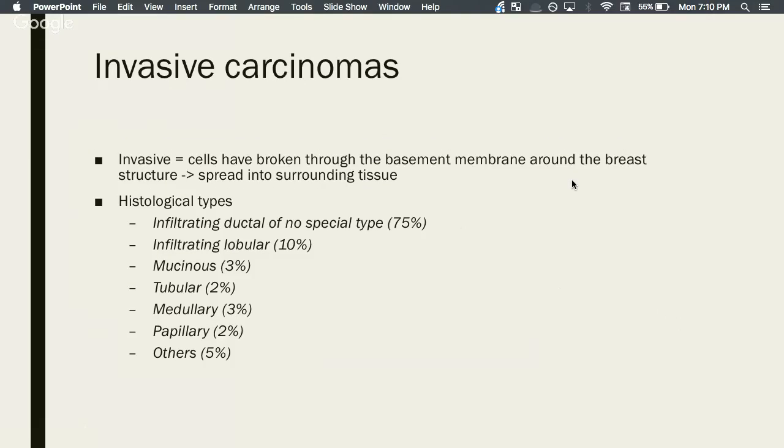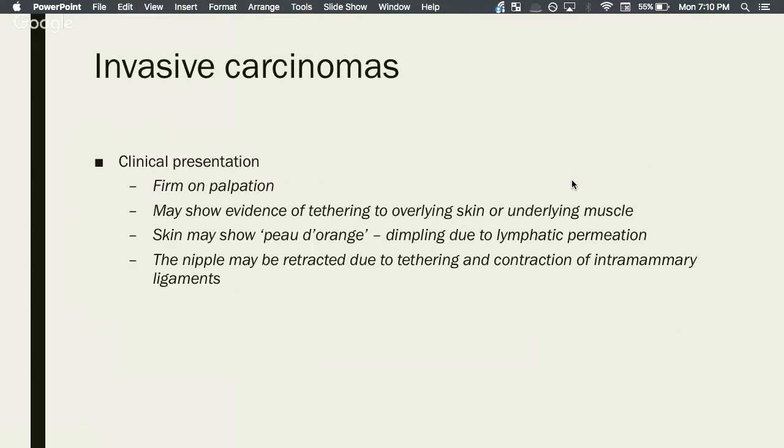So your histological types, 75% are of no special type, which I found quite funny, because it's kind of sad. You have infiltrating lobular and all the other types, but basically the most common one is infiltrating ductal carcinomas